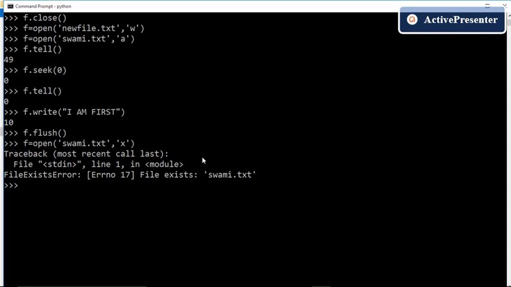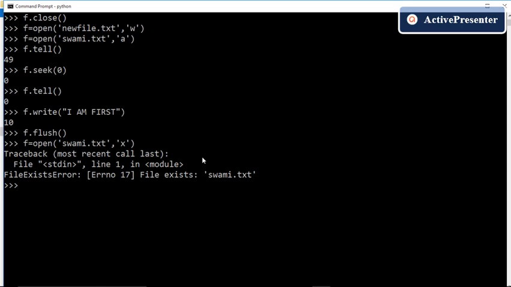It is showing file already exists. So X mode will not overwrite an already existing file. That is the advantage of using X mode. X mode saves us from any accidental deletion of a file.